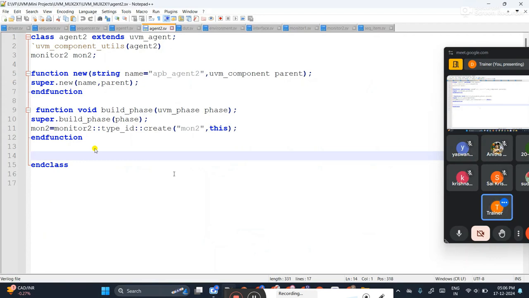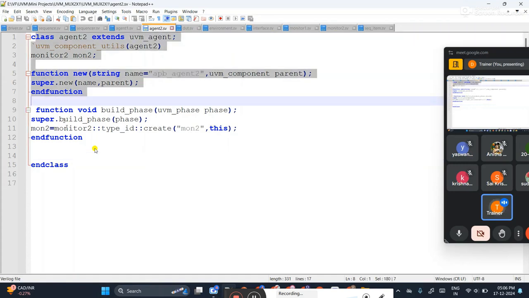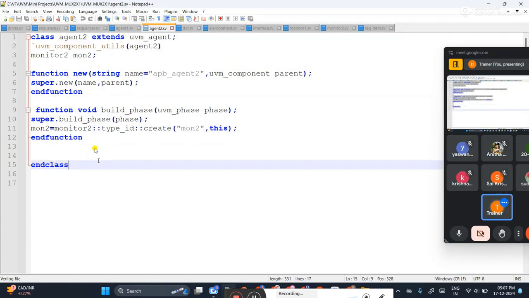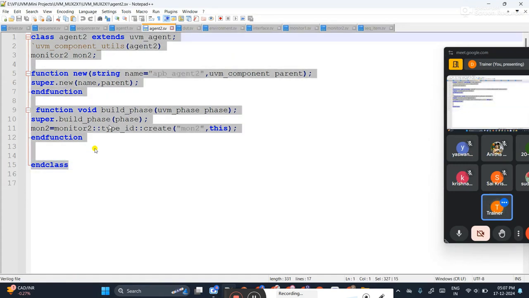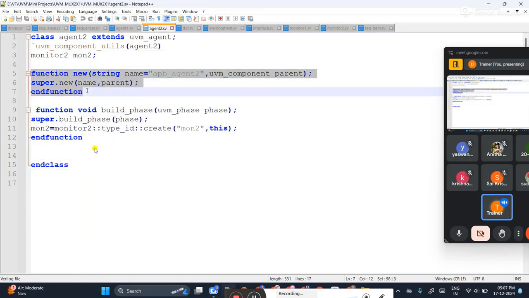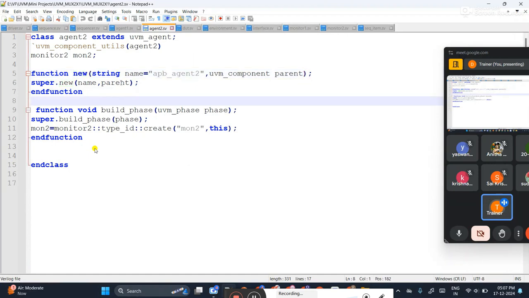Now what is that? See, in the SV project also I have explained that whenever one file is created, memory should be created for this file. How can you create a file's memory? Using a custom constructor. What is that custom constructor? Just function, endfunction, new is your constructor. Two arguments you should write.